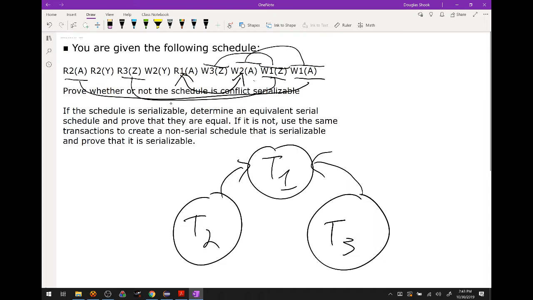Another way to approach this problem could be to start from scratch. You don't have to use this schedule. I could just start from scratch and try to come up with a schedule that meets the criteria. I've seen people attempt that method in the past with success. They've been able to pull it off. The problem with that approach is that I think it's going to take longer because you have to recheck your work. Whereas here, if I just try to modify the existing schedule, I've already got a basis of work to go off of. So it should hopefully be a little bit quicker for me to get to the end result. But whatever approach makes most sense to you is the right one to take.